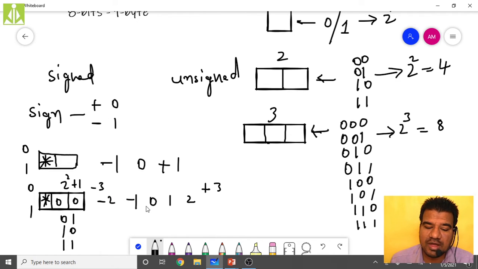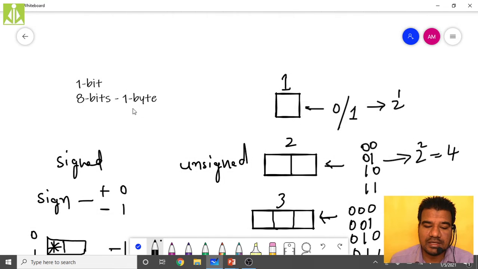So totally how many values are we getting? In positive direction 3 values, in negative direction 3 values, including the 0. So 2 power 3 plus 1. Like this you can remember: 2 power 3 plus 2 power 2 plus 1. So whenever we store unsigned integers, the range is doubled, and when we store signed integers, the range is halved. You have to remember it in this way. Here this memory terminology we also have to give. So we started like this.